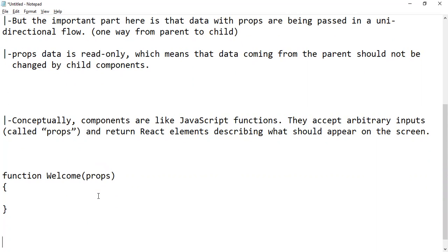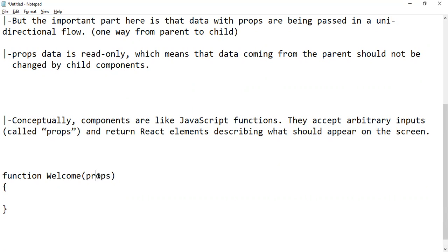So if you are defining a React component as a function component, it is nothing but defining a JavaScript function which accepts some input that is called props.